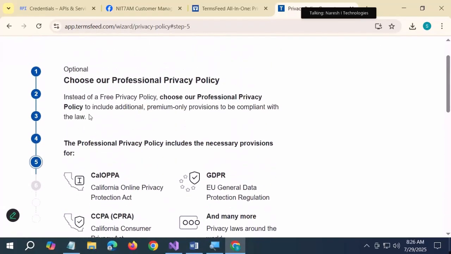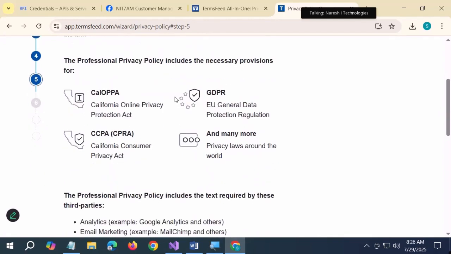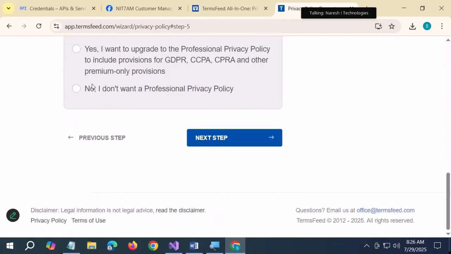Then it'll ask you, choose our professional privacy policy instead of a free privacy policy. I have two options. Free is there. Second one, professional privacy policy is also there. Professional privacy policy means it will ask you to pay money. Choose a professional privacy policy to include additional premium-only provisions to comply with the law. Everything is compliant with the law. It is asking you to choose. If I say yes,